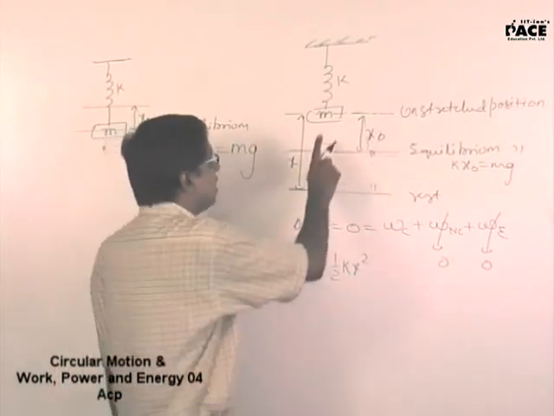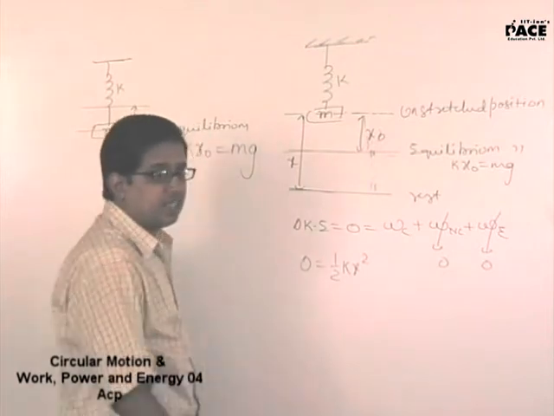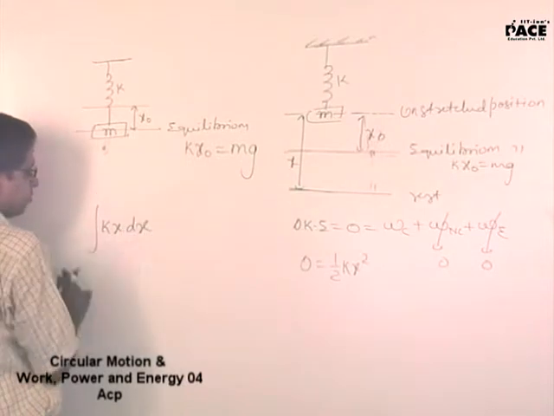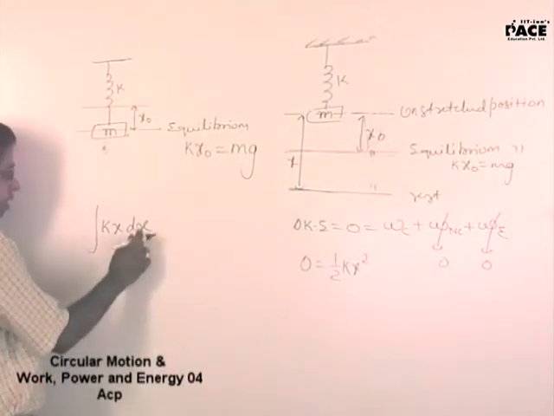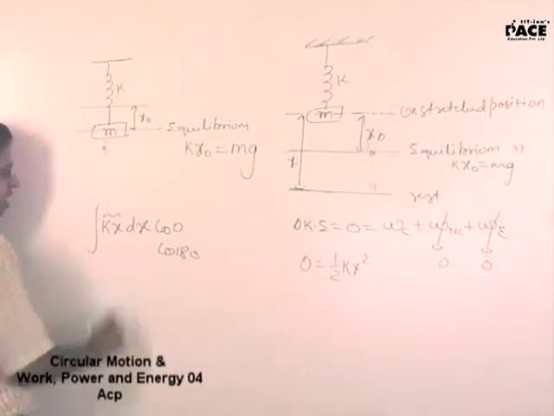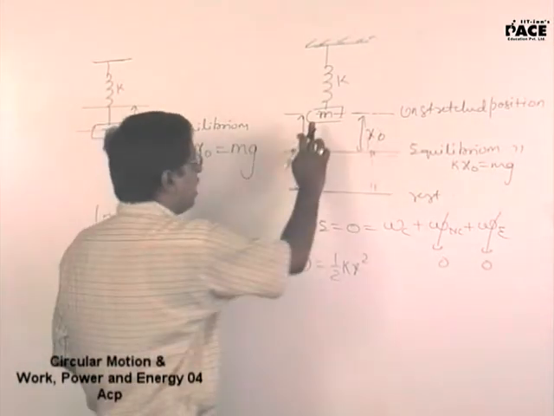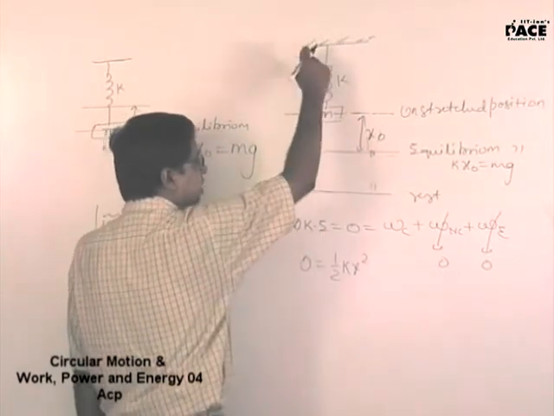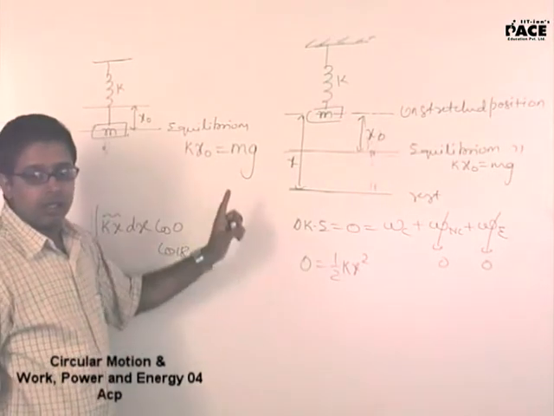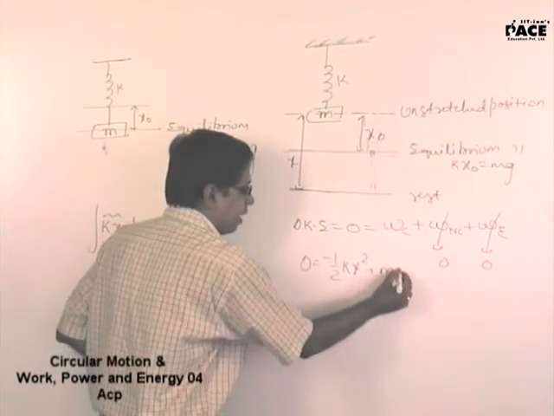Next, kx is in the upward direction. As this is stretching, the force kx and x displacement are not in the same direction. How did you get half kx square on integrating kx dx? This is the force dot displacement. Now this was cos 0 or cos 180 depending on if kx and dx are in the same direction or in opposite direction. Now here kx is in the upward direction. The restoring force is in the upward direction while displacement is in downward direction. Cos 180, minus. Hence it will be negative, plus mg dx.